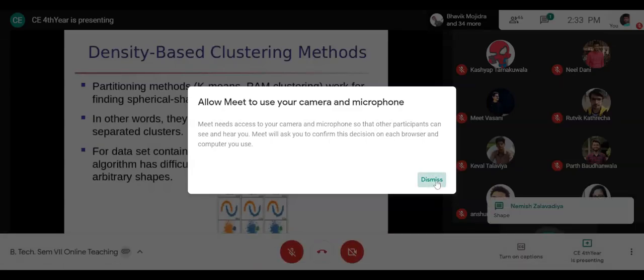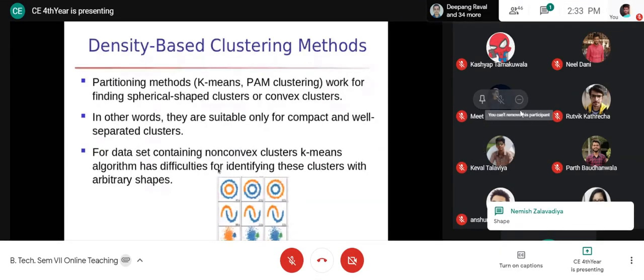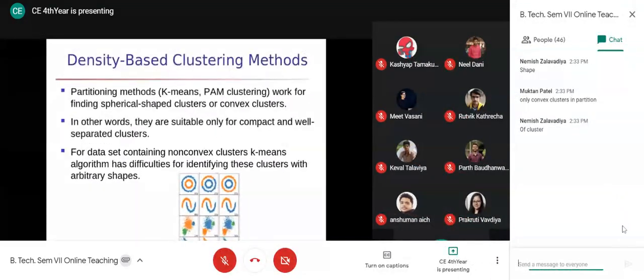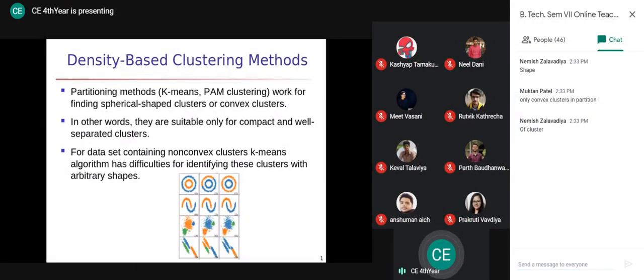But today we'll try to cover it in more depth. So, yes, one is the shape, right? So if you can refer to this particular diagram,